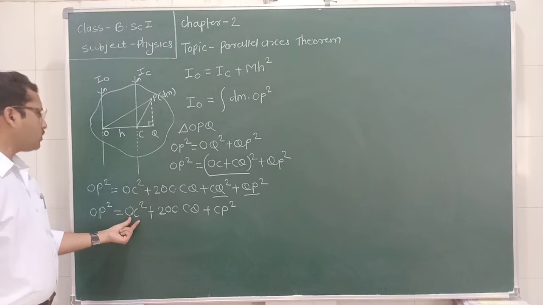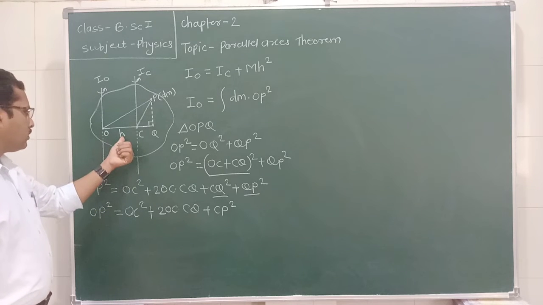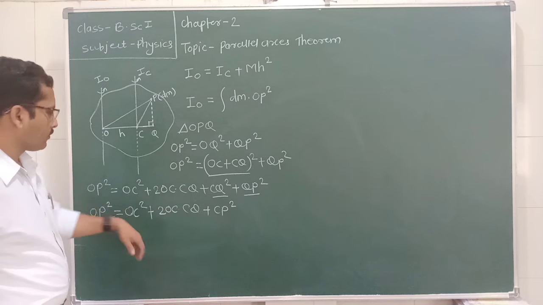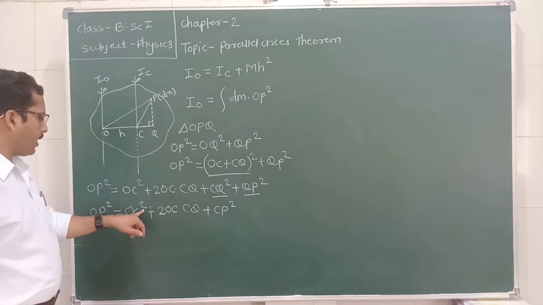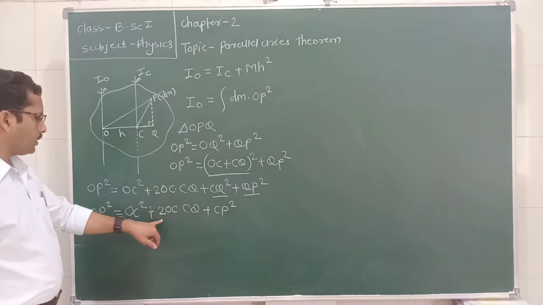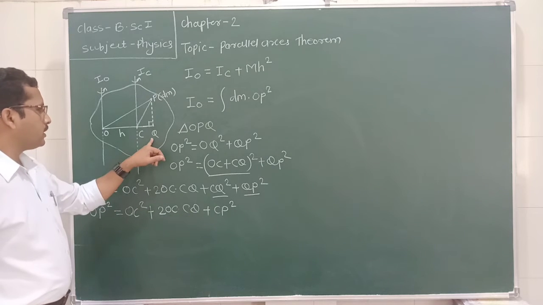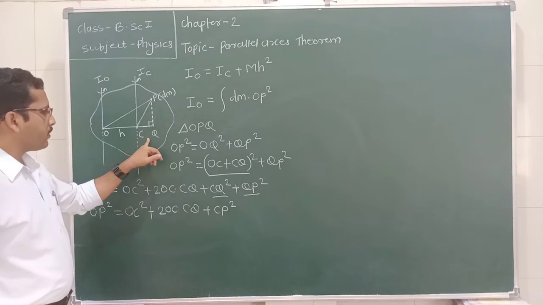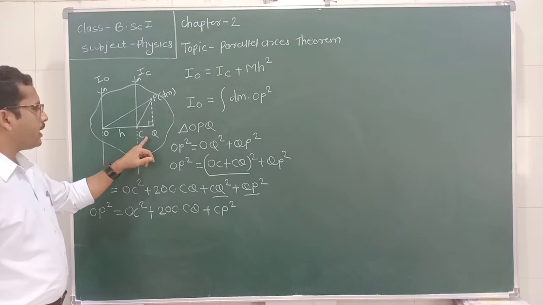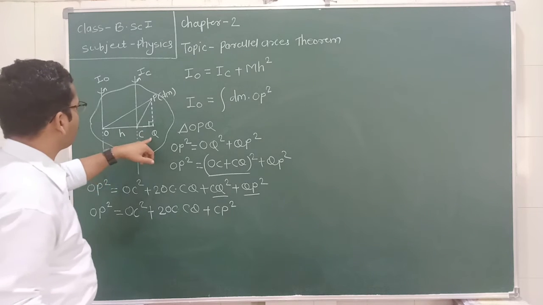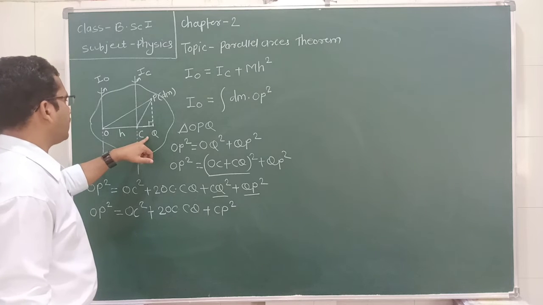But what is OC equal to? This OC is equal to h. OC square is equal to h square. This twice OC is equal to h. This CQ is equal to, what is this CQ? If we apply the sine theta here, then we get, what is sine theta in this case? The sine theta is equal to,